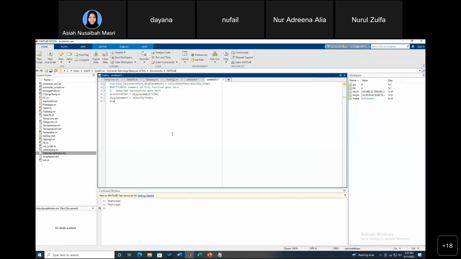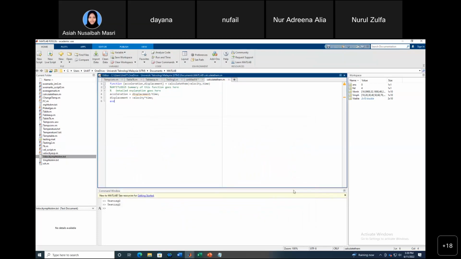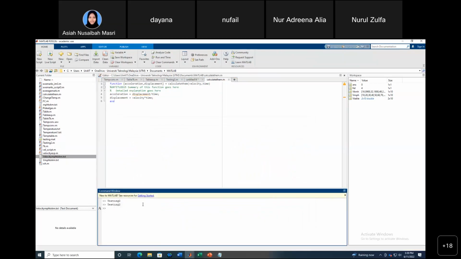And then you can save this file by pressing Control S, and then automatically the word that you wrote as a title just now appears here. So you save. Here I write calculate them. Then, let's say, for example,